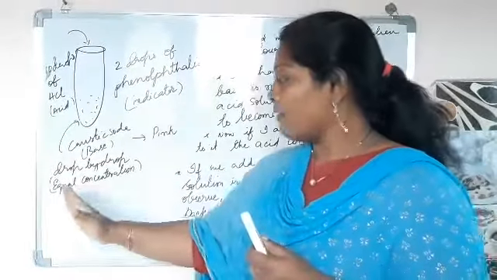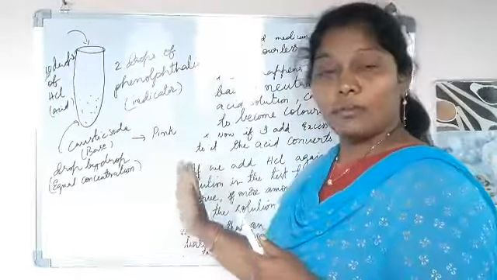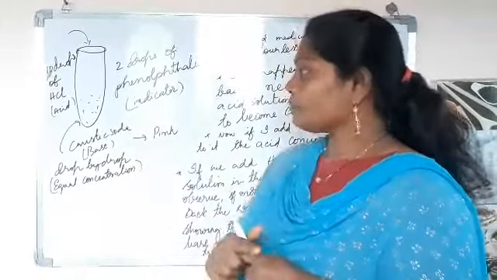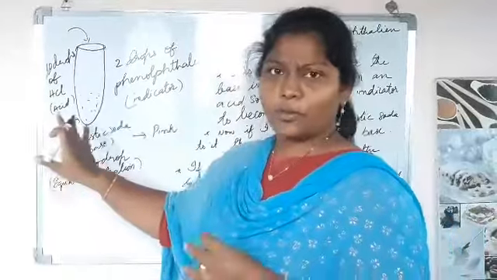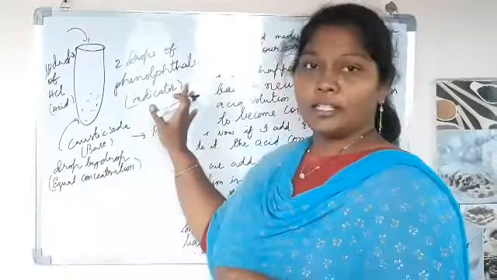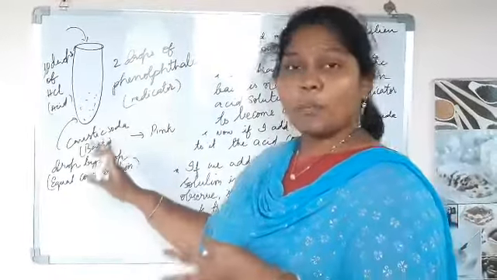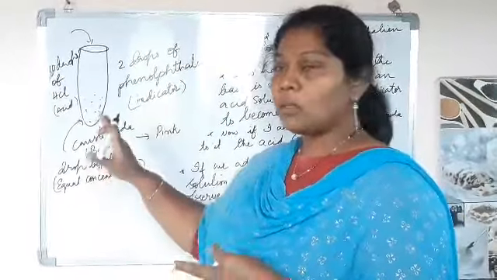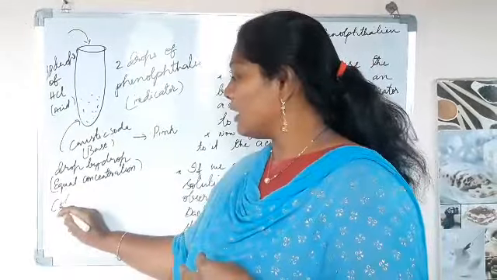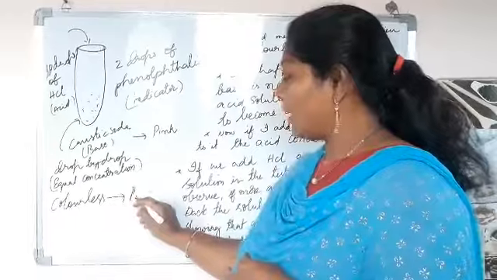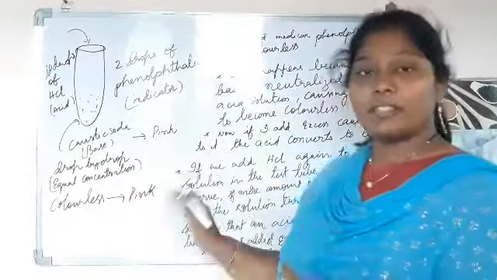Okay, so first we have gone from left to right, now we are trying from right back to left. See here, we have added only 10 drops of HCl with the phenolphthalein indicator. It is colorless, and we started adding caustic soda drop by drop. So now the solution has turned from colorless to pink. Colorless to pink. This is the reaction which we have seen.